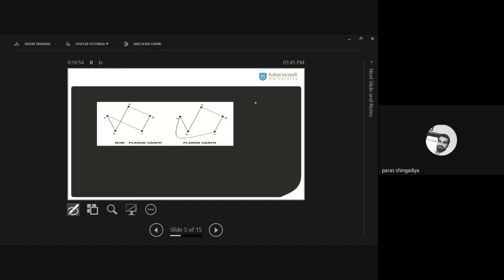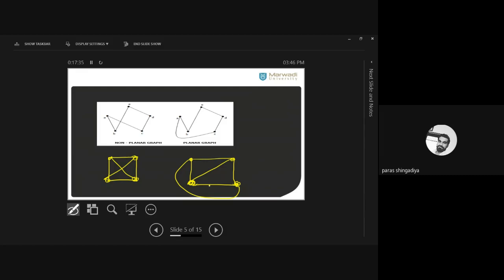Here one example is given: we can consider a K4 graph, which you already checked. In this example, we consider a K4 graph. That is the shape of K4, 4 vertices with 6 edges. Now this situation is planar up to this stage, but we can modify this graph into a planar form. Consider this as it is here and make these connections to the outside. That is a K4 graph, a complete graph with 4 vertices.